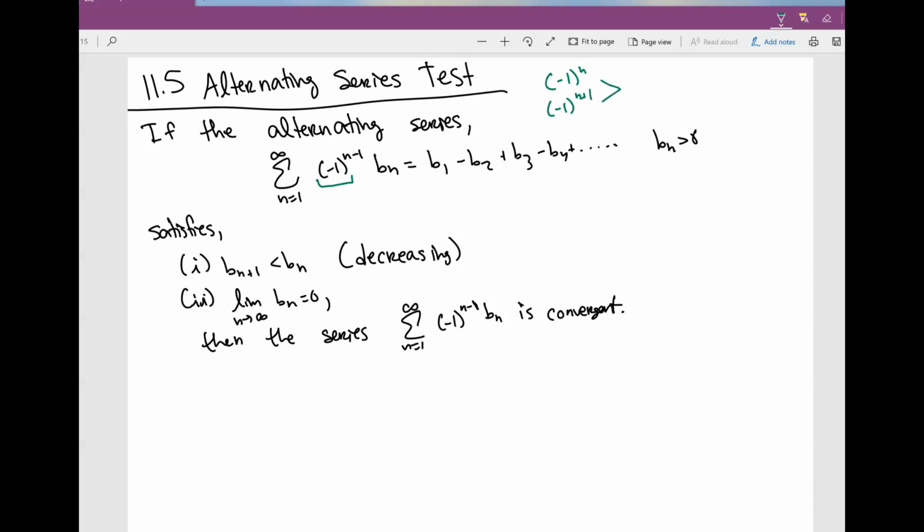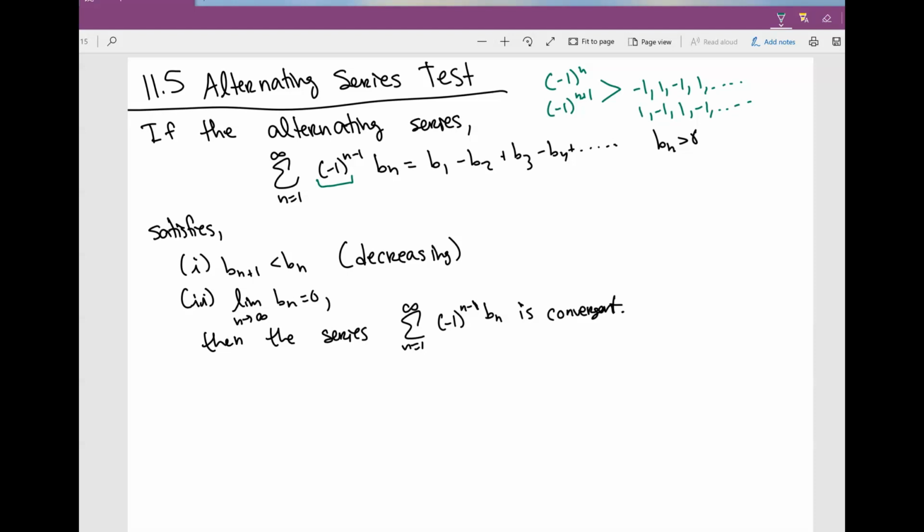The whole point of this is that when you expand things like this, you're going to have -1, 1, -1, 1 patterns, or maybe 1, -1, 1, -1. So these are all different patterns in which you can see that the sign is changing. Whenever you encounter a series that looks like that and you want to determine if it's going to converge or diverge,